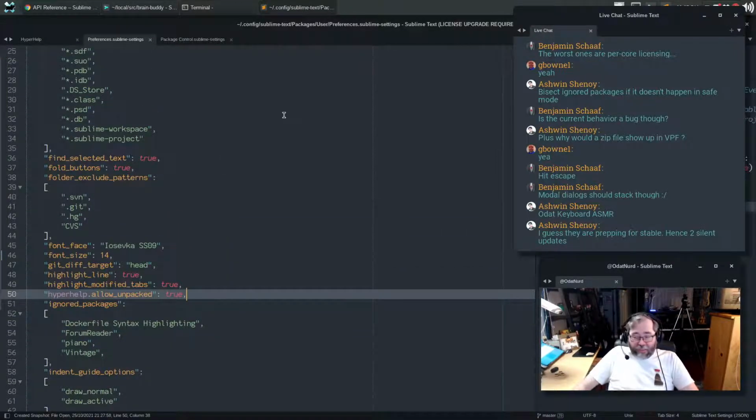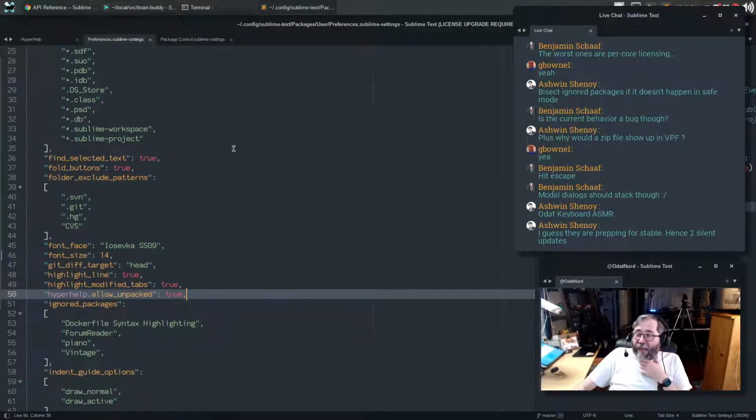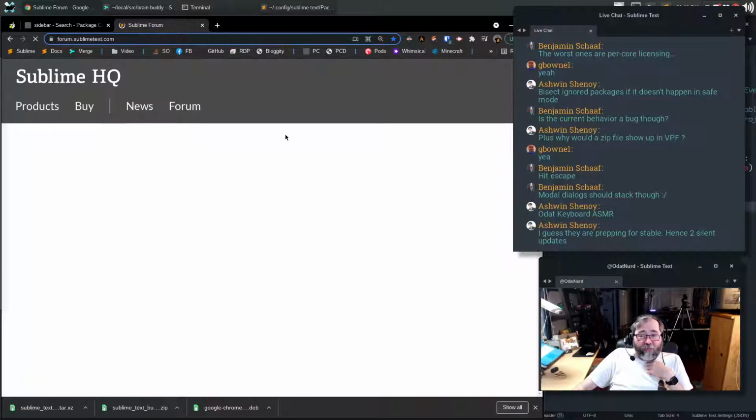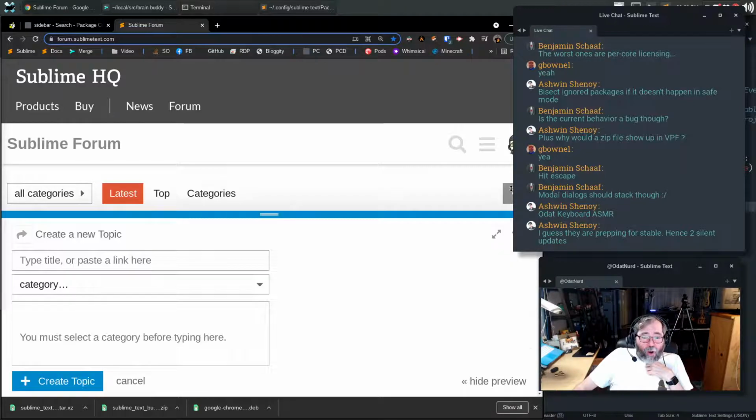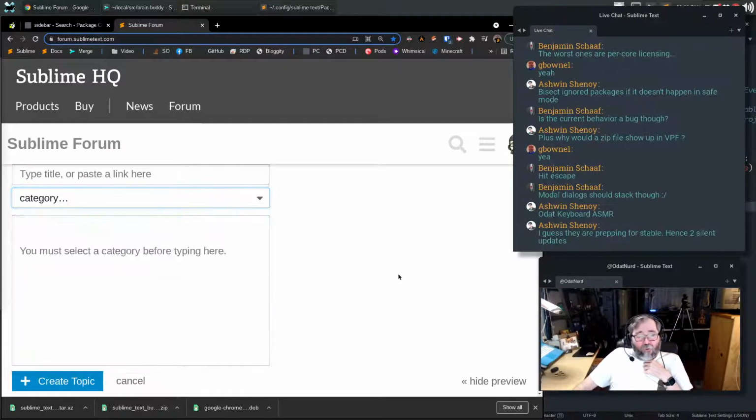So here's what we could actively do here as perhaps one of our last things in the stream. If you ever find a problem with your copy of Sublime Text, or you have a suggestion for something that you would like to see added to it, you might be of the opinion that you should jump on over to the forum and add a post in technical support or ideas and feature requests, which is kind of an unfortunate name here, and type a thing in there.